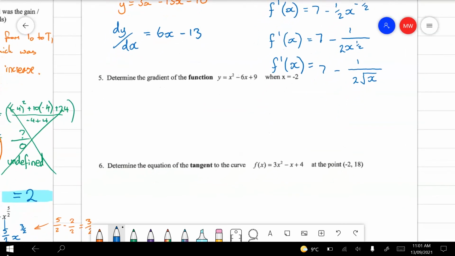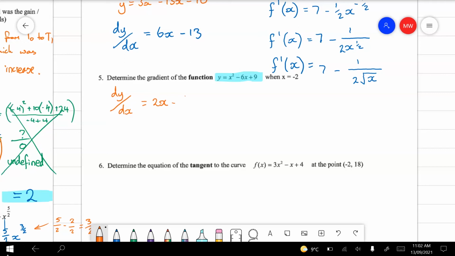Alrighty, gradient. So now what we're trying to do is find the gradient of a function. When we have a look at this function, we can see that this one's a quadratic, so it's going to be a curve. It's going to look something like this. It goes through at plus 9, so that's a terrible drawing, but that doesn't matter. Now, in order to do this we use the derivative function. So we need dy/dx,